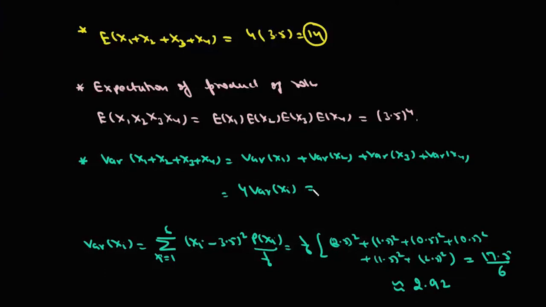तो ये जो सम ऑफ रोल्स का वेरिएंस आएगा वो आएगा 4 टाइम्स 2.92 जो कि है अप्रॉक्सीमेटली 11.67। तो लीनियरिटी ऑफ एक्सपेक्टेशन से इजीली हमने इसका एक्सपेक्टेशन और वेरिएंस दोनों निकाल लिए। अब कई सारे डिस्ट्रीब्यूशंस में हम वेरिएबल को स्टैंडर्डाइज कर लेते हैं, तो हम स्टैंडर्डाइज वेरिएबल यूज करते हैं।